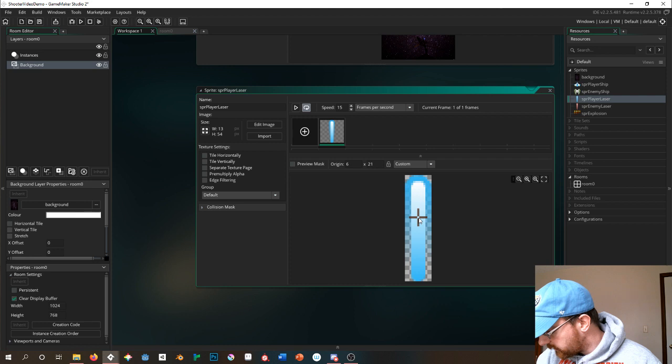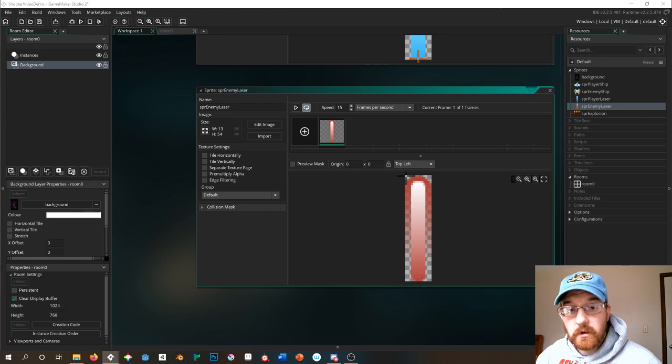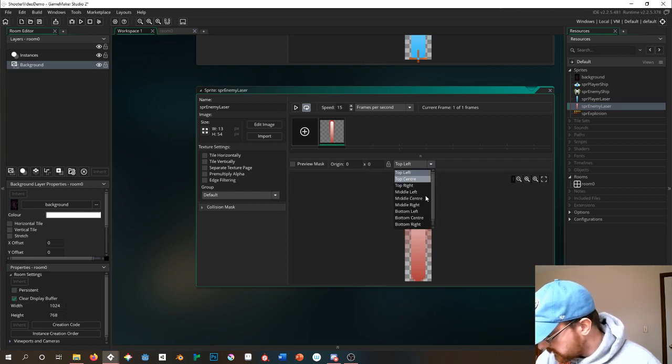So we want them to spawn, you know, like the origin point should be down here. So we want them to spawn that way. And enemy laser should also be bottom center. And actually,